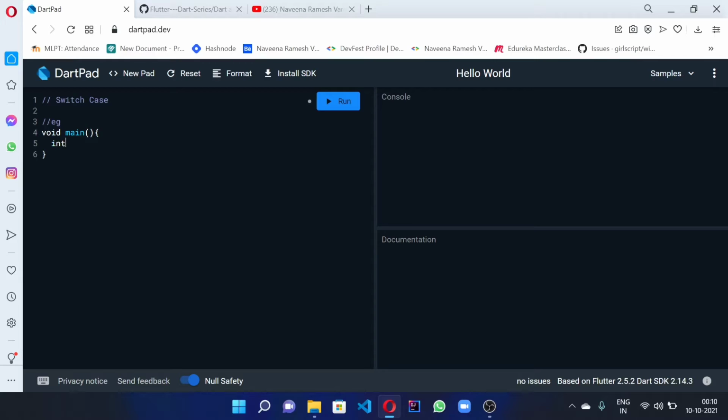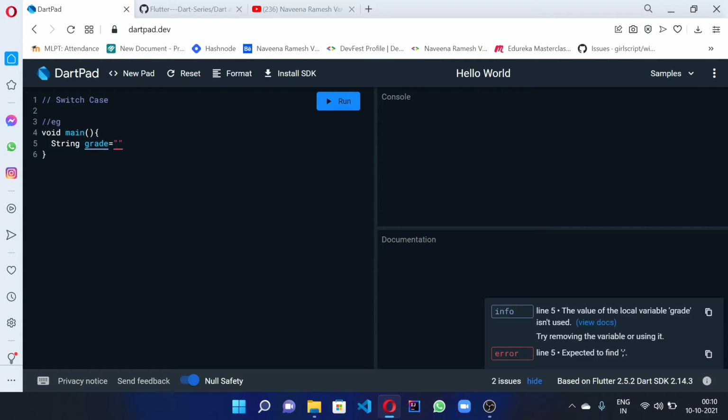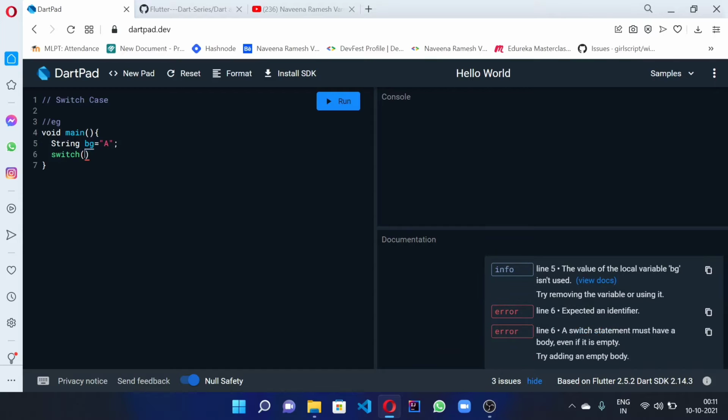Okay, let's take it, not int, we'll take it as string grade, no, not grade, we'll take it as blood group BG as A. It is similar to a condition.